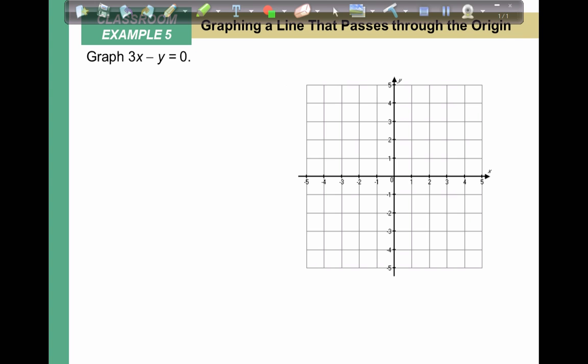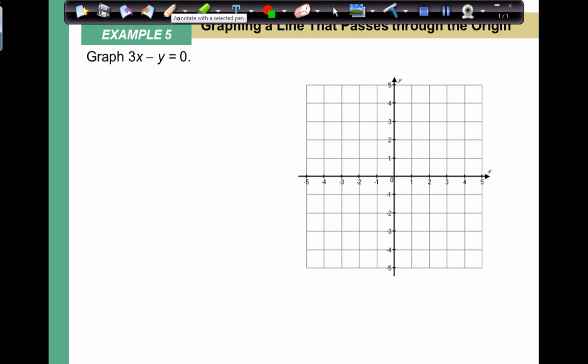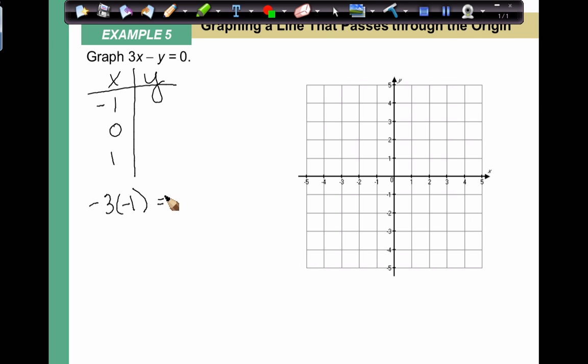Alright, what about this? Graph the line that passes through this point. It might be best in this case to make a table of some x's and some y's. You can pick which x's you want or which y's. I'm going to go ahead and pick negative 1, 0, and 1 for x, and then I'm going to find the y's that go with them. If we plug in negative 1, we get 3 times negative 1 equals